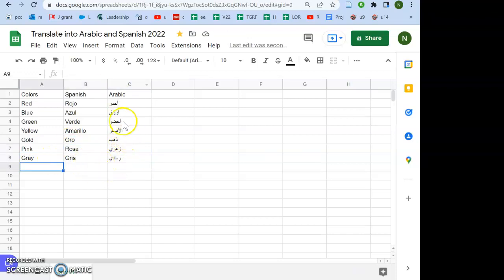This is how you translate from English to Spanish or to Arabic in Google Sheets, and you can rename this